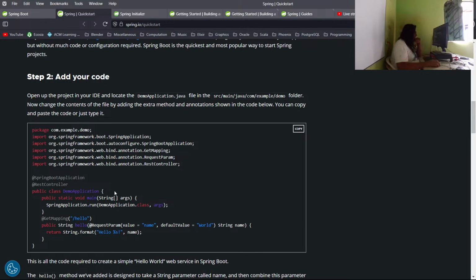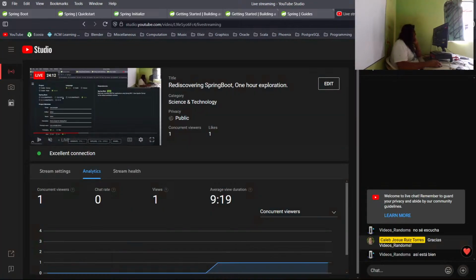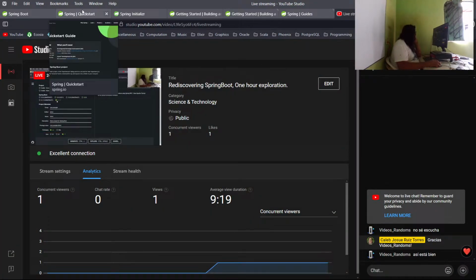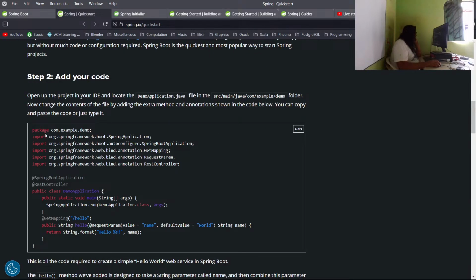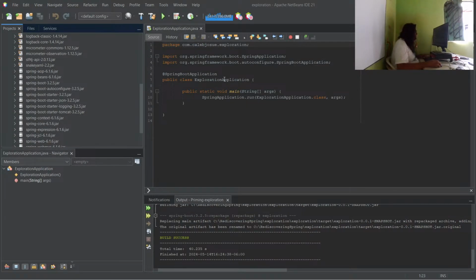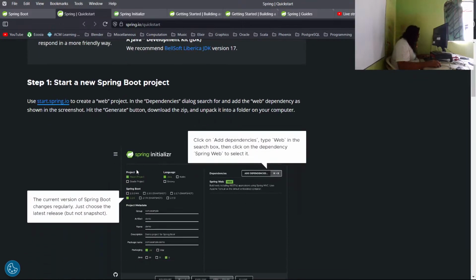Magical. Open the project in 25 minutes. Package open Google, open the file, demo folder, demo application, exploration application, okay,